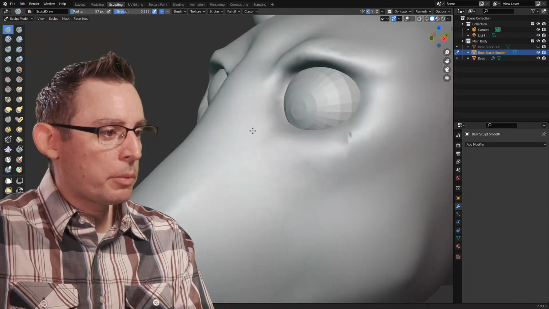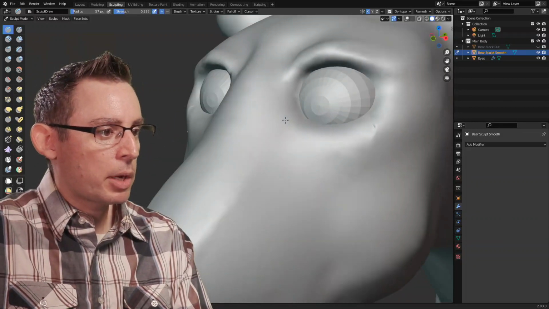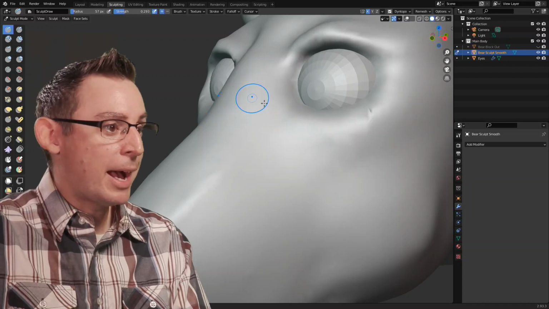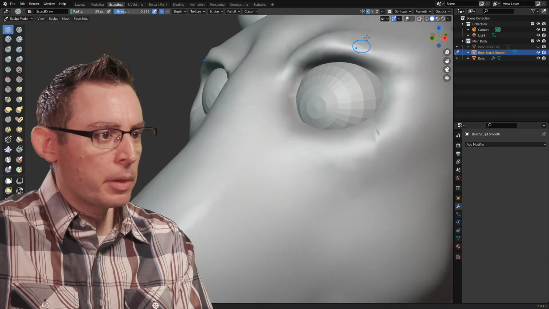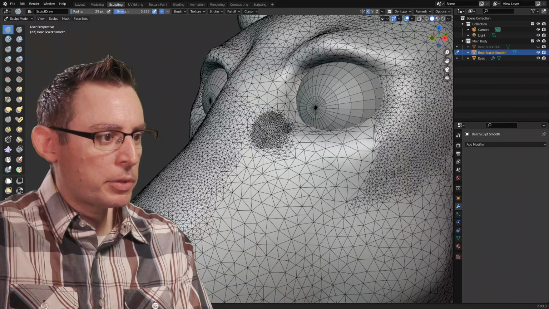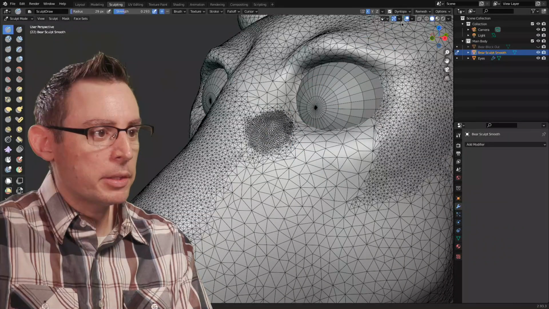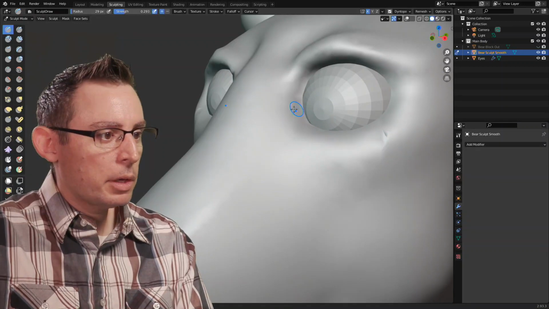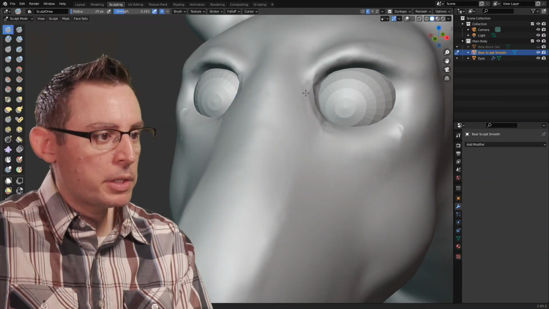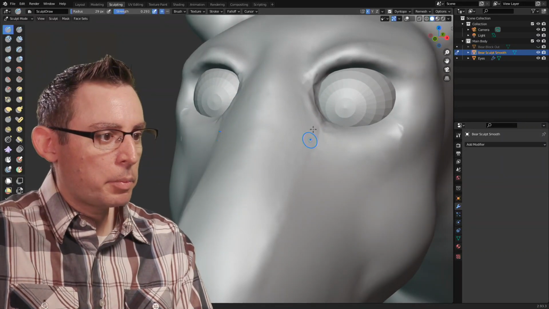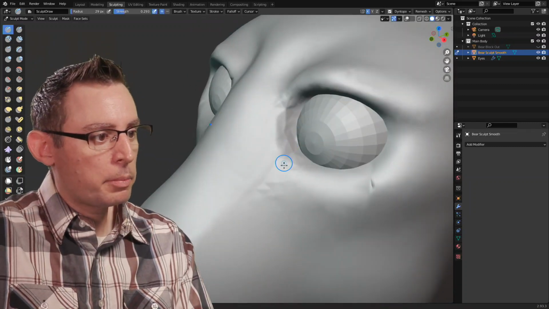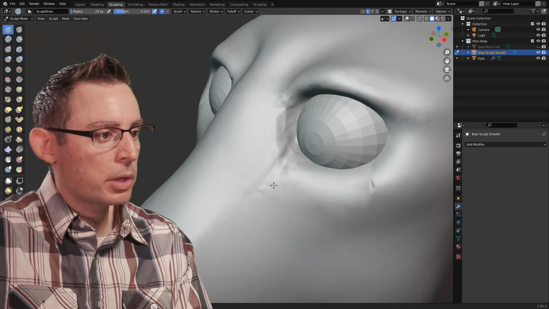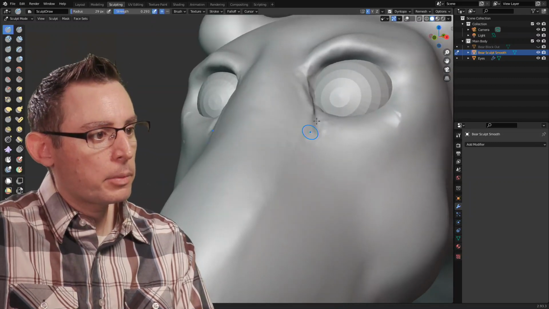Let's play around for a second here with the tear duct, excuse me, in the eye itself. Now I'm just going to experiment here. Make my brush a little bit smaller. By making the brush smaller, the Dyntopo system is going to put a lot of polygons in there. Now if I wanted to have a little bit of a tear duct in here and a break, you see that in a lot of... I forgot to hold down the Control key. There we go.